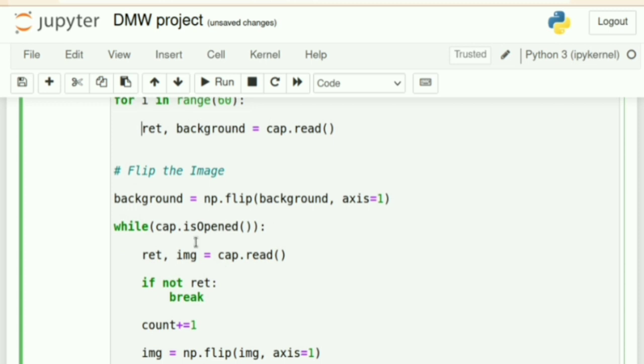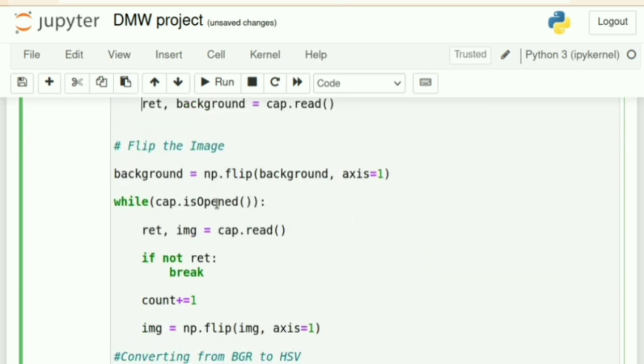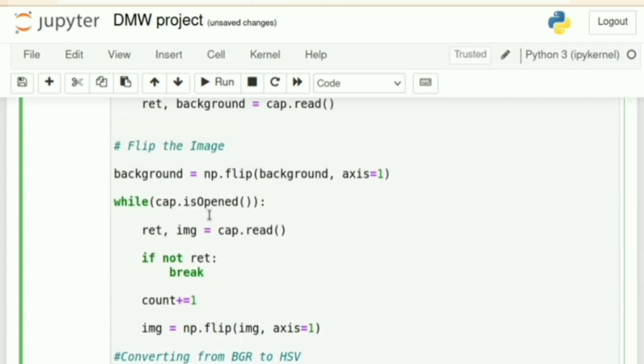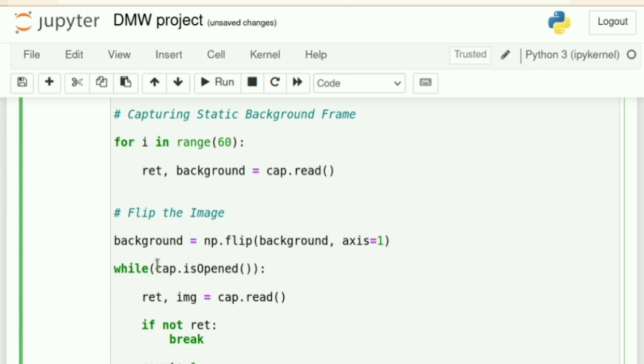After this comes flipping. If the background needs to be flipped, we use np, which is the NumPy library, written as np instead of numpy. And in case our background is not captured, then we have to forcefully open the camera.